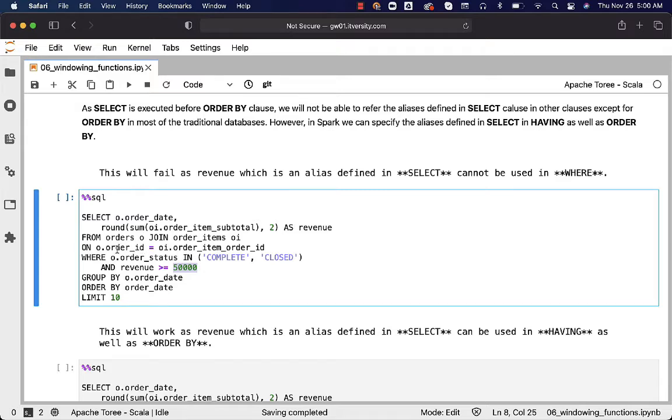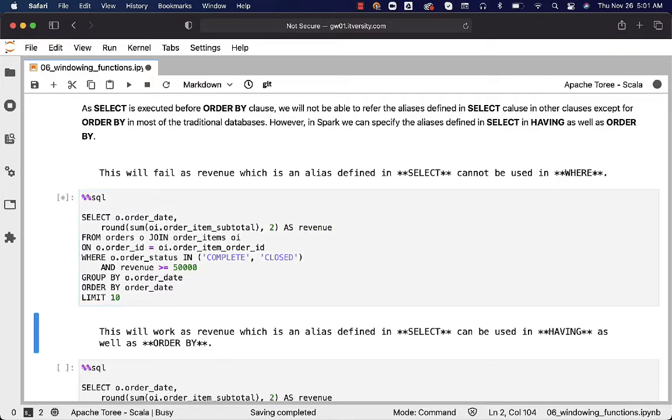However, as part of the on clause, we specify the columns and also expressions. People tend to misuse or incorrectly use this alias as part of the on clause or where clause like this. This will error out because the select clause will be executed before order by, not before where clause, and hence the aliases specified in select clause cannot be used anywhere other than order by and having when it comes to Spark SQL. If you run this, it will just throw an error.